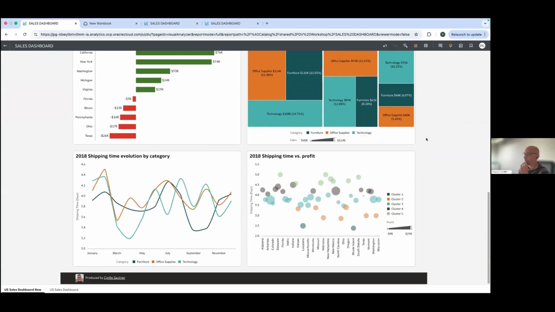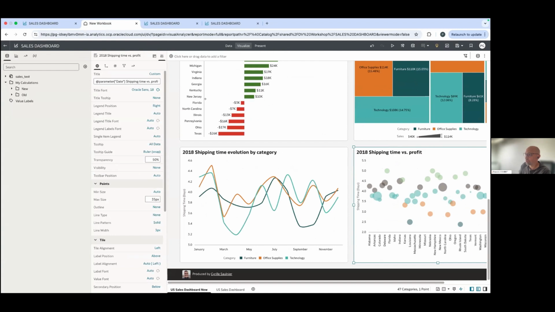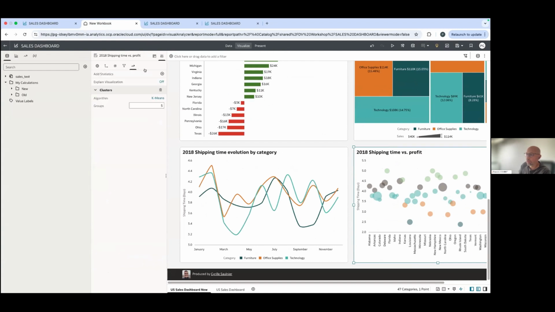I'm going to go quickly through the last optimization we have done, on the scatter plot. Cyril has created a scatter plot, which is very interesting when you have a lot of data points to analyze. However, it can sometimes be difficult to analyze because there are too many data points. To make it clearer, we used an AI feature called statistics. You go into the visualization, click on the arrow, and you can add statistics. So you can add a cluster, outliers. You can even create a forecast when you have a timeline